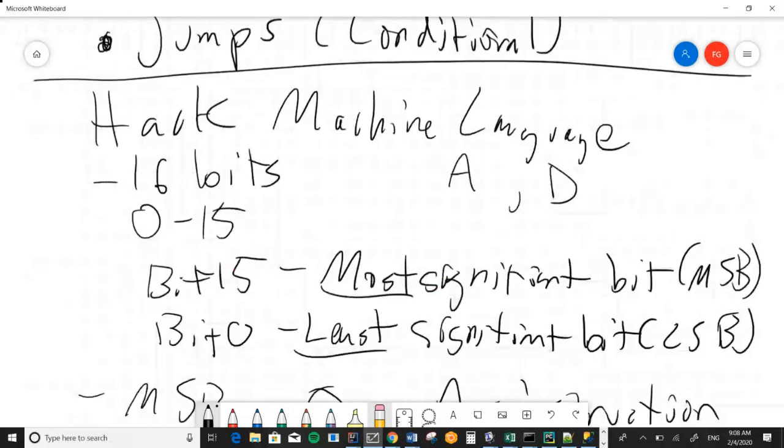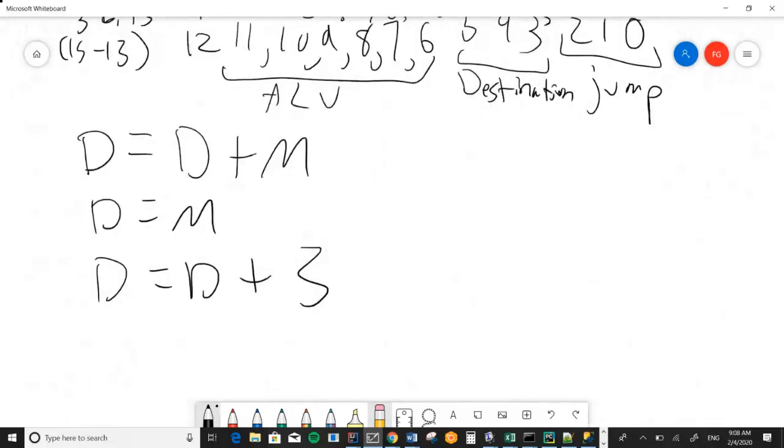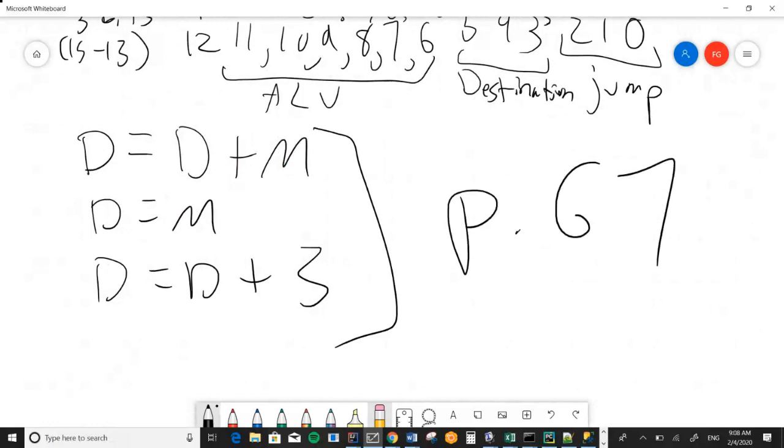All right, cool. So what if you want to know a comprehensive list of these things? You want to look at page 67 of your textbook. Page 67 of your textbook has a comprehensive ALU chart with the appropriate assembly language instructions. Okay,